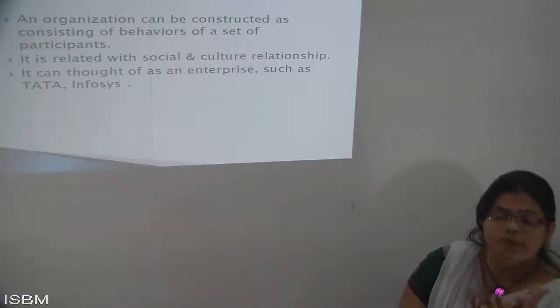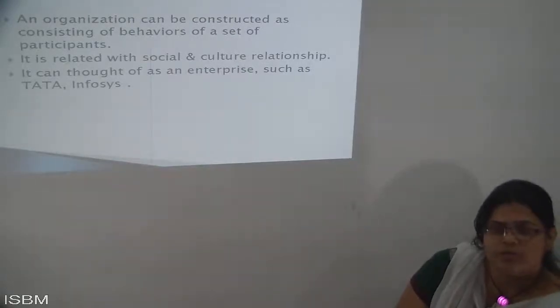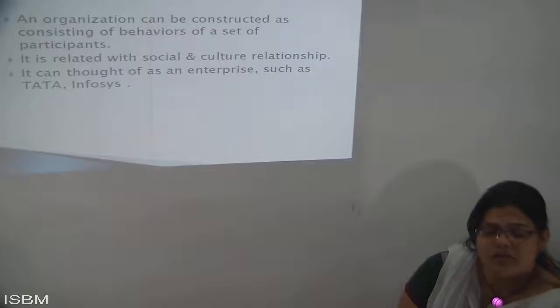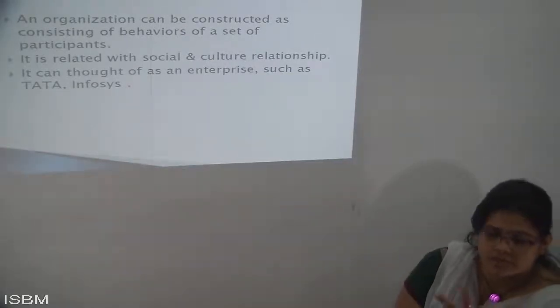With this, basically, this chapter has dealt with how you develop a relationship between a social way and a cultural way. Means you become very formal and also develop a very informal way of communication. And with this, you develop a good relationship amongst each other. So this is the way.